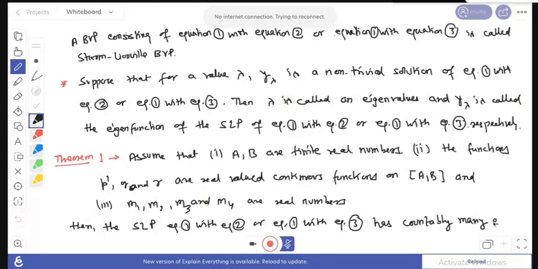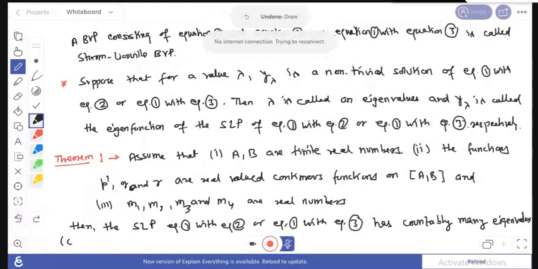So this means the eigenfunctions corresponding to each eigenvalue must be finite. Consequently,